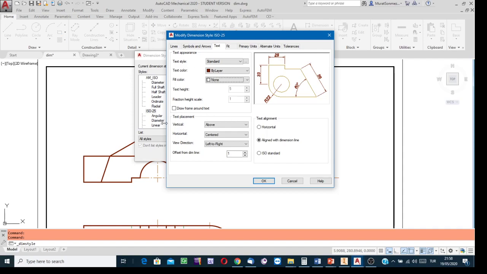Text placement. ISO says to show the dimensions above the line. So from this list, select above. And another format requirement says to show the dimension centered along the dimension line. So from this list select the centered justification option. And then, showing the dimensions, we write the numbers from left to right. So select the left to right option. And then, another